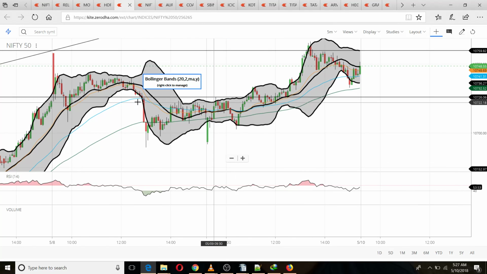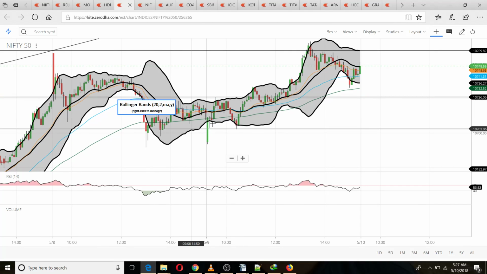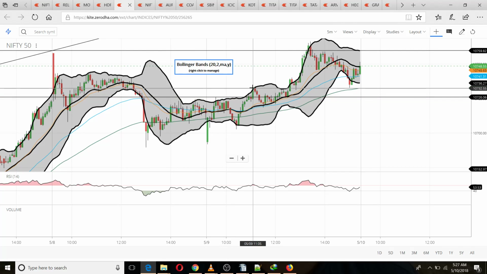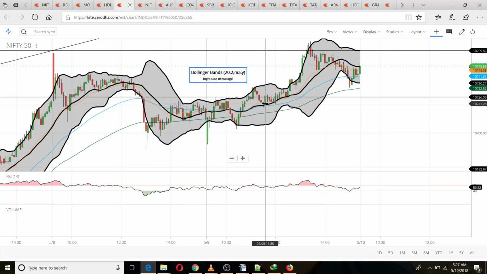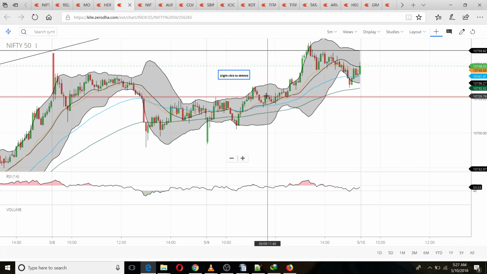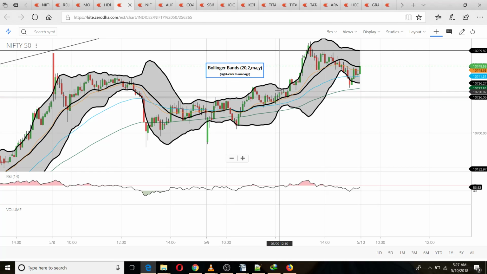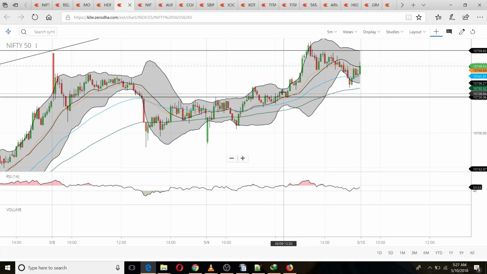Now I had seen that this range of movement, which had been there for a certain period of time, was broken. After that it came here and took support a second time. So it took support at the 50 EMA, this highlighted blue line. Again it went up just a distance, took support again, and somewhere here I went long in Nifty. At this level I went long, and at this horizontal line is where I booked my profit.